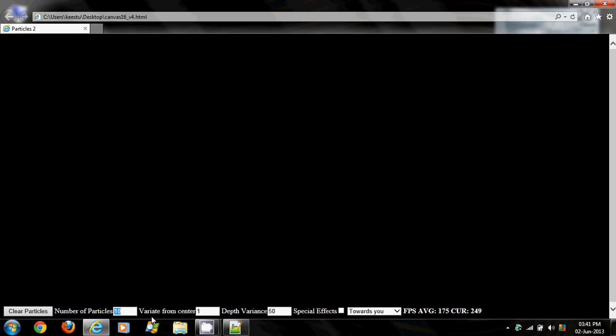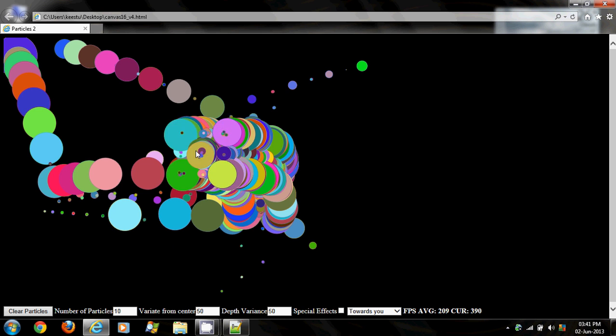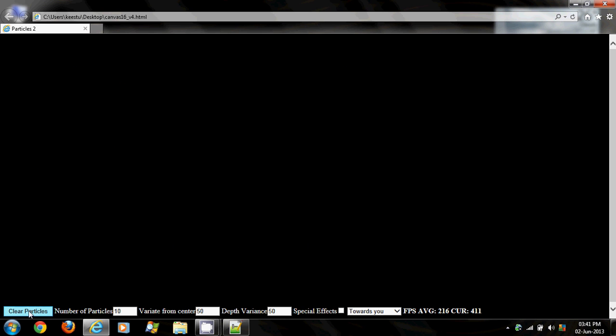I have done some work on vary from center and depth. I split it out. Previously, when I said vary from center, I called it depth, but it was not really a depth. It only gave a mathematical variation from the center. A little example would be this. It just varied from the center. It was not actually a z. I have toggled the z value.